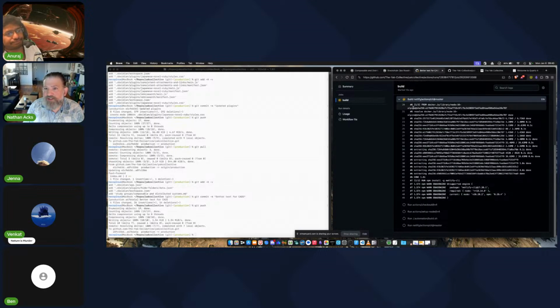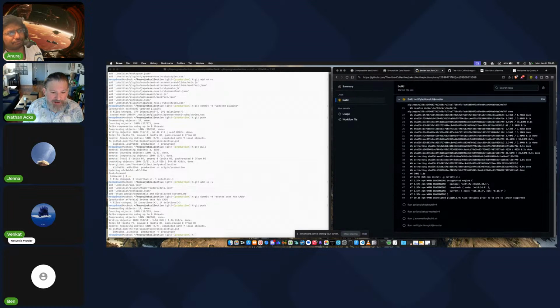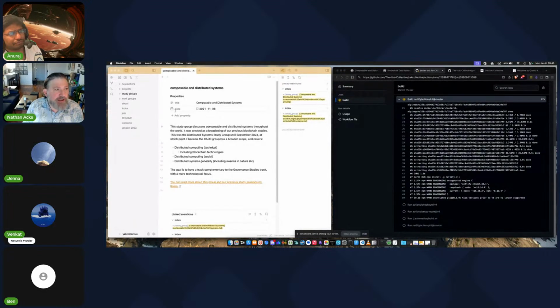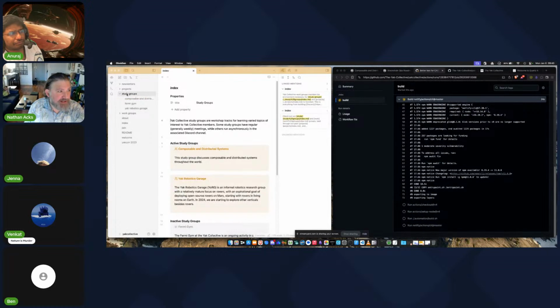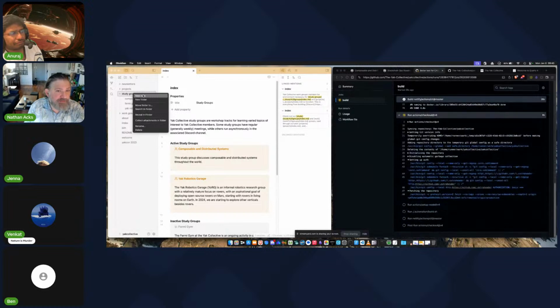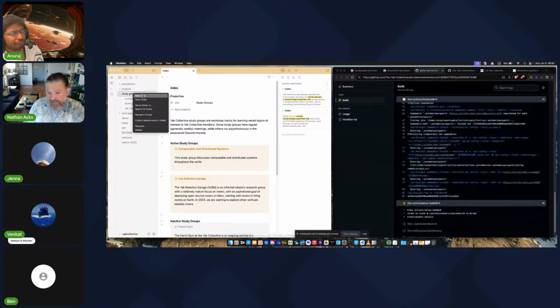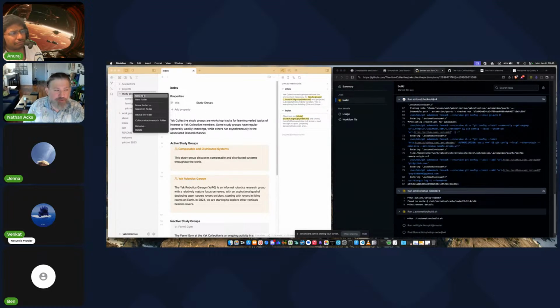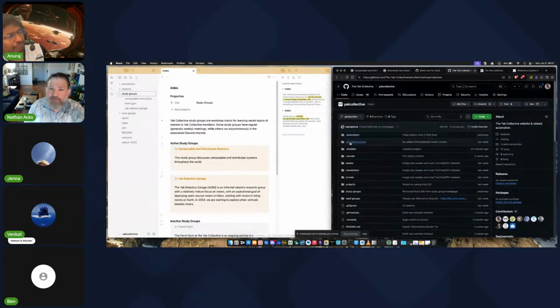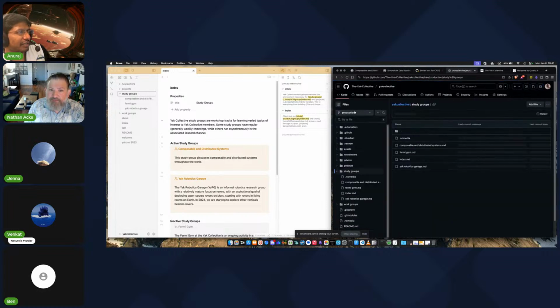So while this is going, I'm going to come back over to Obsidian. Let's say we were adding a new study group. So Sachin was interested in the governance study, getting governance studies in here. What you would do is you would just add a new note to this folder. You could do that using VS Code on the web. You could do that in Obsidian. Not sure if you can do that from the web interface. This new note is just a markdown file, right? Yep, it is all just markdown files.